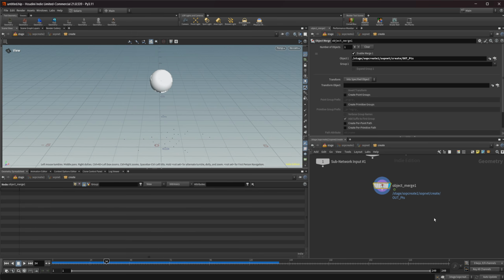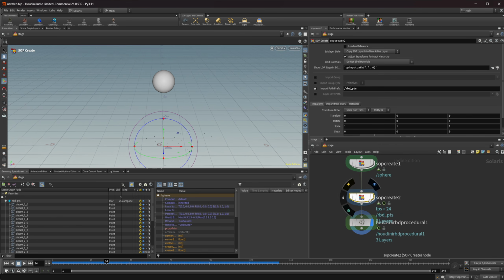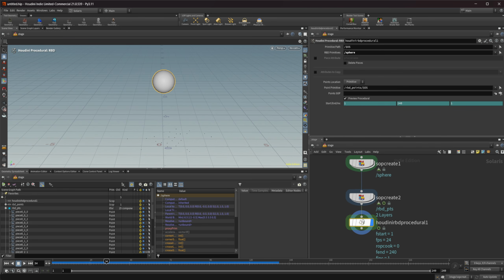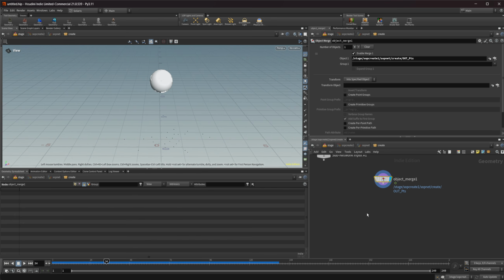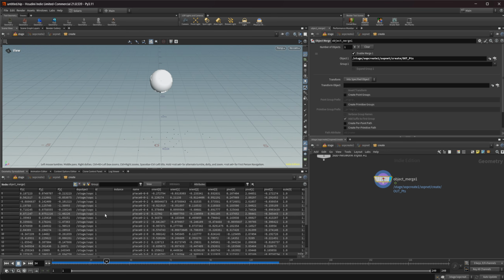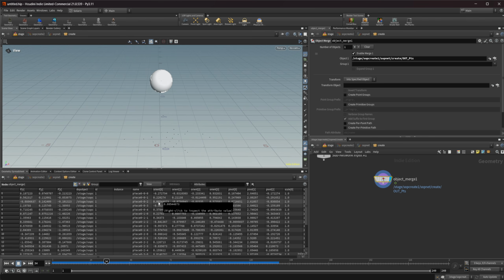So let's come back into this SOP create. What we're going to do is line up the names on the individual points with this piece name. This piece name attribute that we see here is the default attribute that the procedural is going to look for. So if I come to our points, we have this name attribute. What we need to do is align that with where our piece name attribute is going to lie on our other